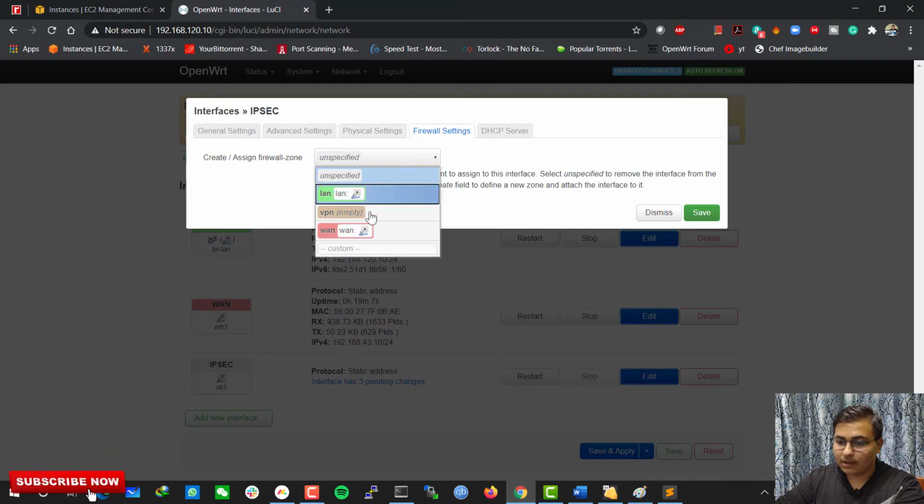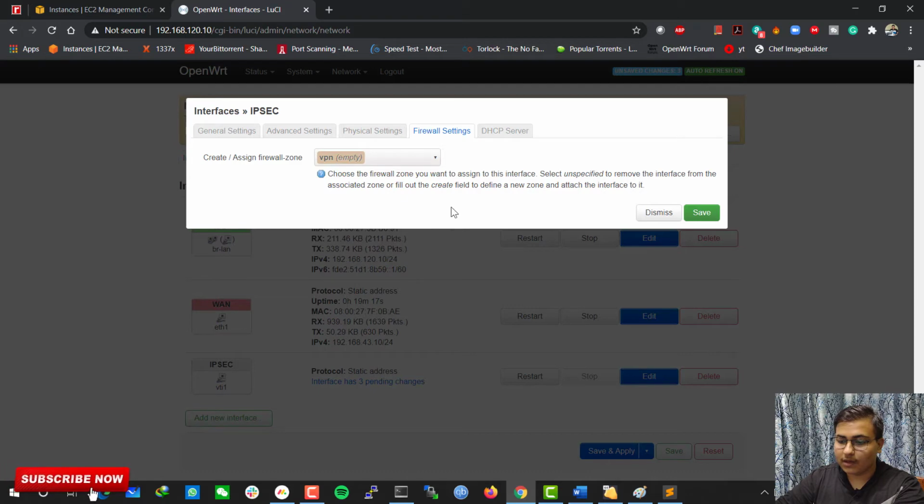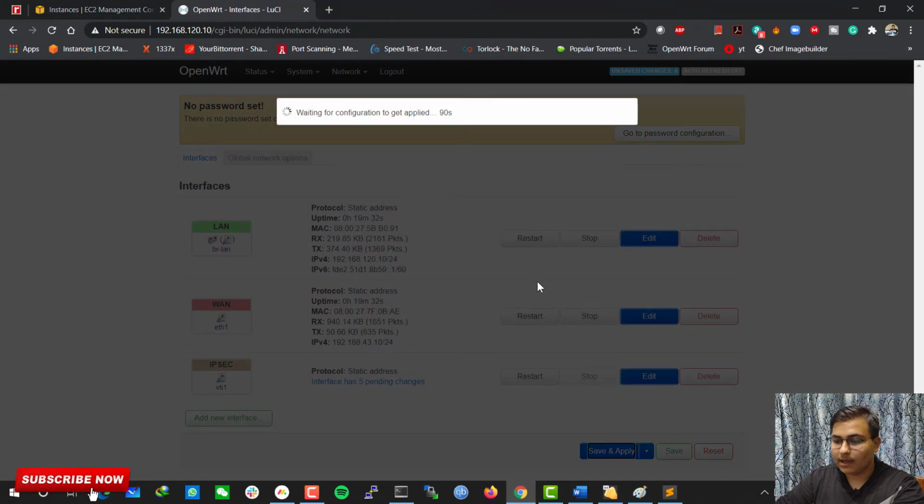In firewall just create a firewall zone named VPN. I have already created it, so I am selecting it. In your case you have to create it, and just save and apply.